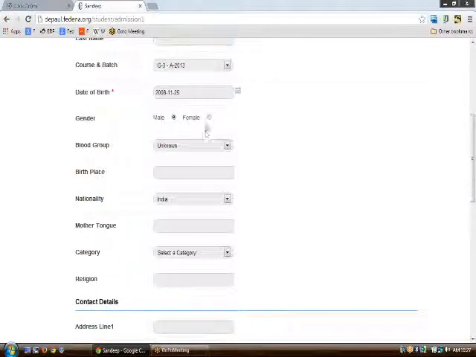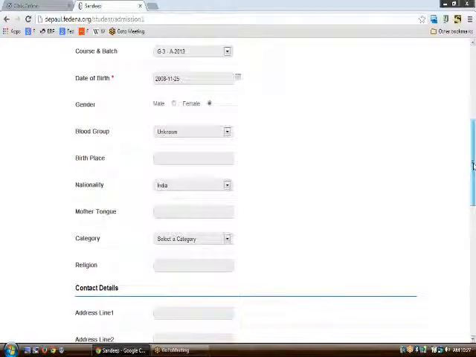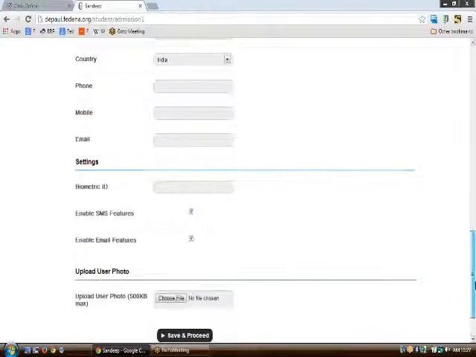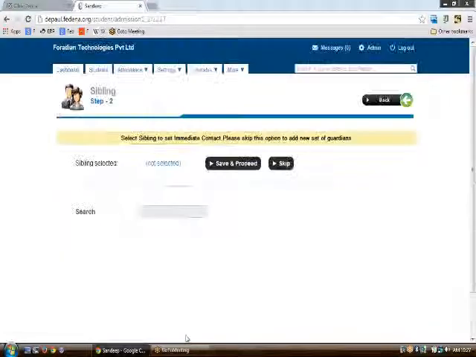Then the gender, whether she is male or female, and then the blood group. Preferably the blood group of the person is to be entered. Having filled all of the details one by one, you will be asked to upload the photo, and ending with the save and proceed button will lead you to admission 2.